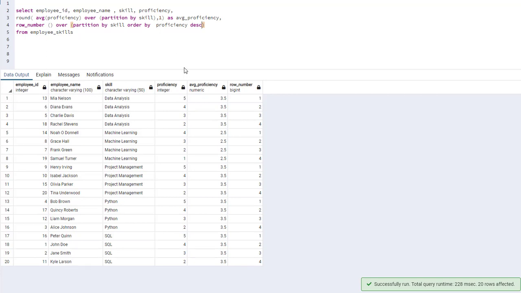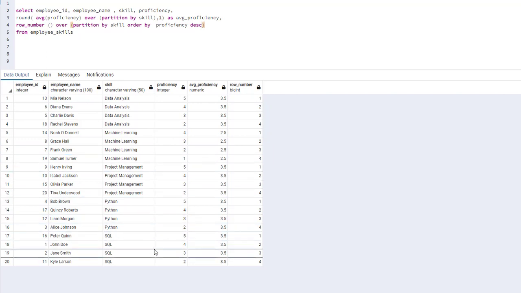As you can see here, we have rank 1, 2 for the top 2 proficiency level for each skill. For data analysis 1, 2, then we go to machine learning 1, 2, 3, 4. It will recompute for each skill,